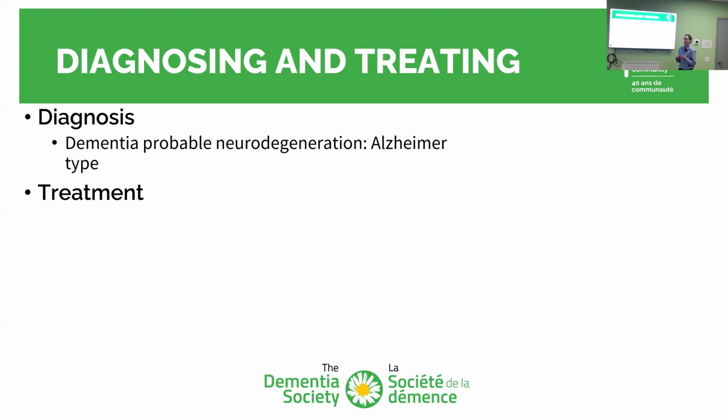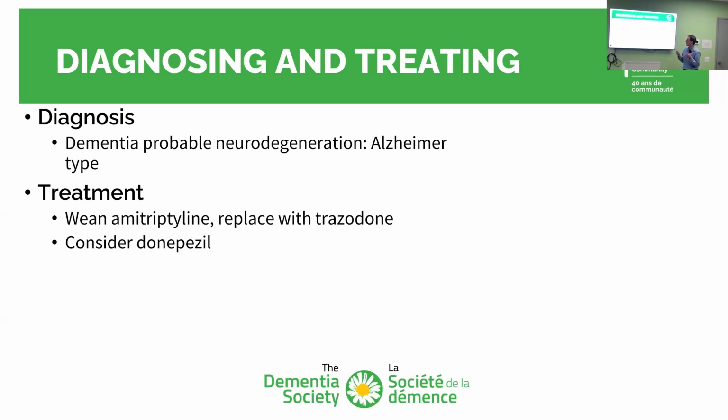So with treatment, as I mentioned, we don't have a cure. We don't have drugs that stop this right now. But of the treatments we have, one of the medications approved in Canada works to boost one of the chemicals that we think is important for memory. And the chemical that it boosts is one that's blocked a bit by amitriptyline. So in this case, we would probably say, let's try to come off the amitriptyline, try another sleep aid that doesn't block that chemical, and then start a medication like